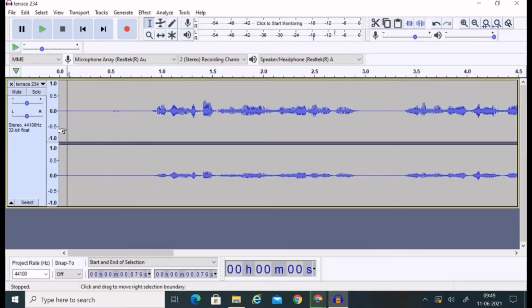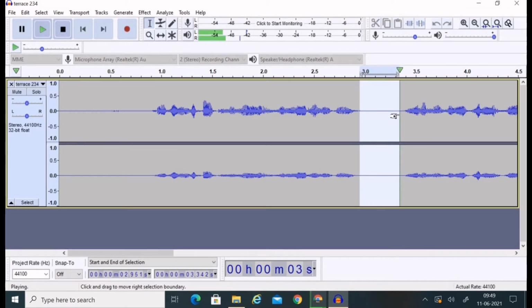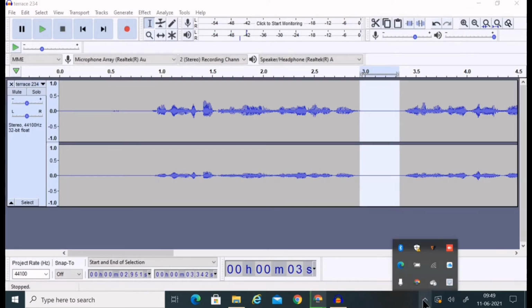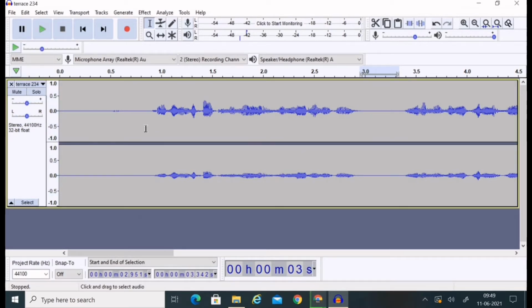Whereas that background sound of those bats is still remaining, and I need that sound. But I don't need that noise. See here also you can see. But if you don't want this noise also, now we will do it. Let us hear this first.